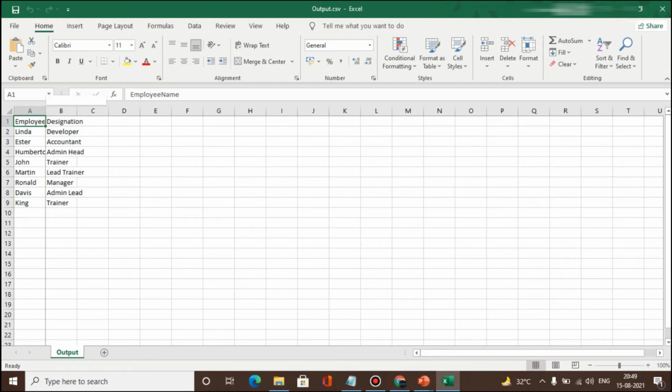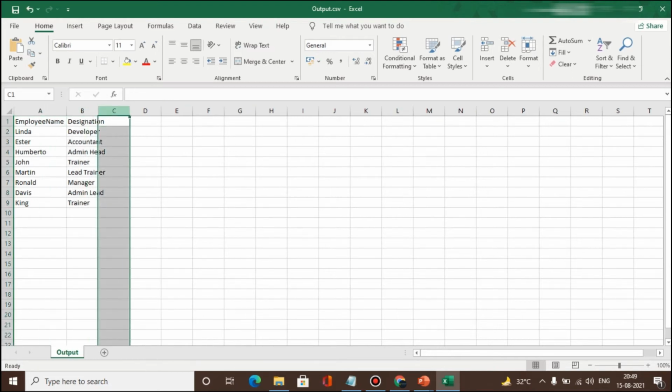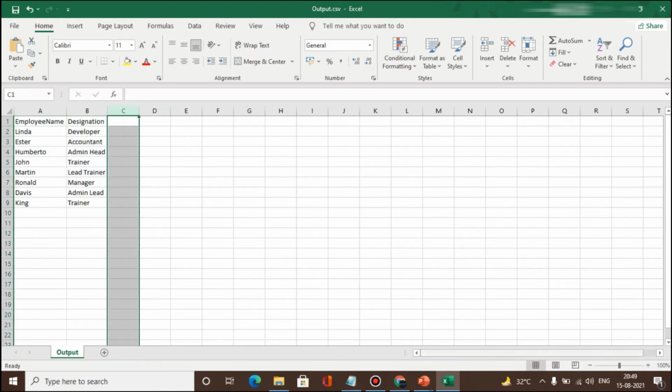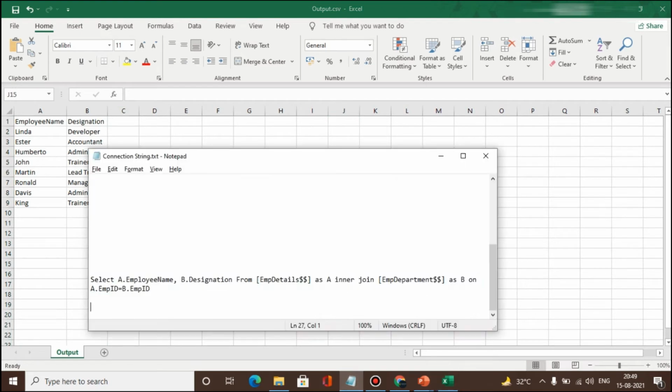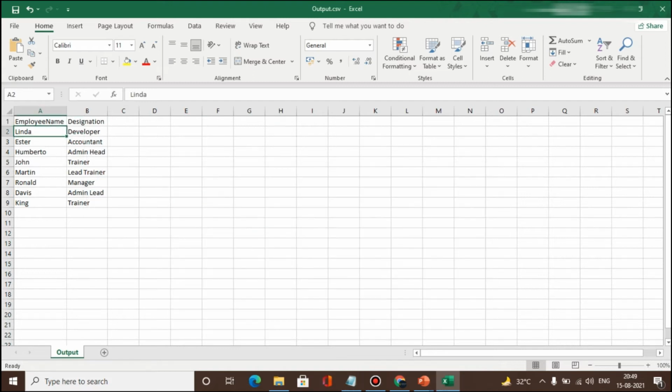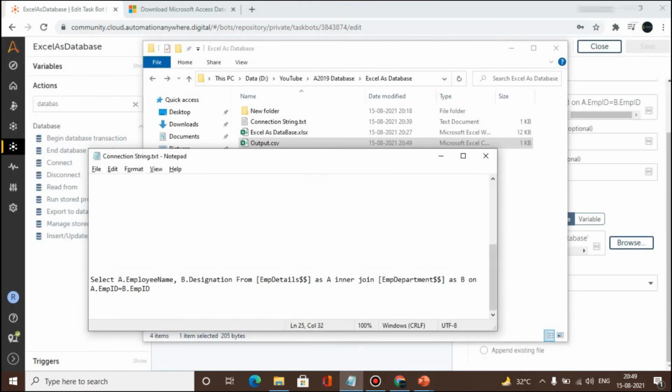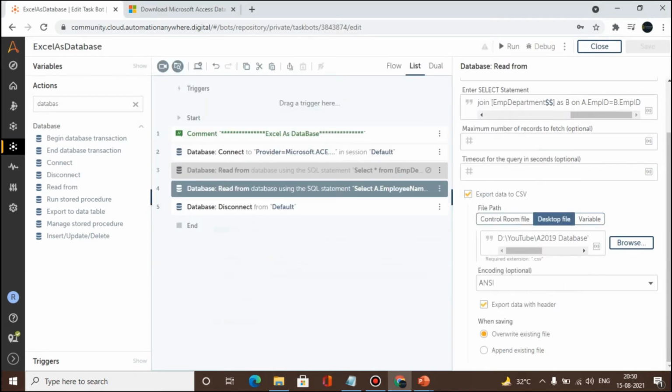So this is the output which we got. Based on the query which I have given, I've only selected the employee name and the designation, which we got. These are the employees and their designations available here. So we can do many things. Now let's see other things which we can do here. Let me disable this.